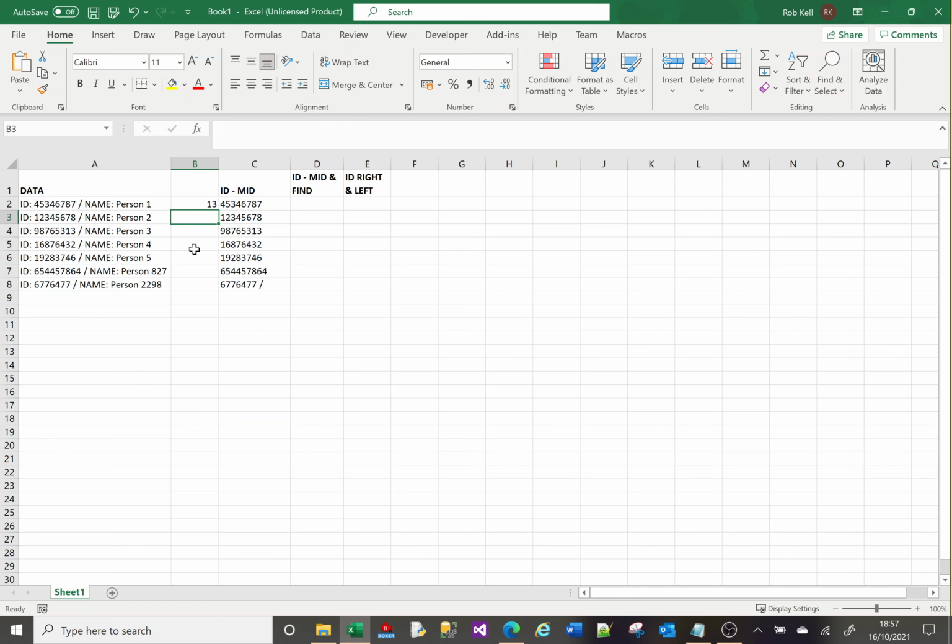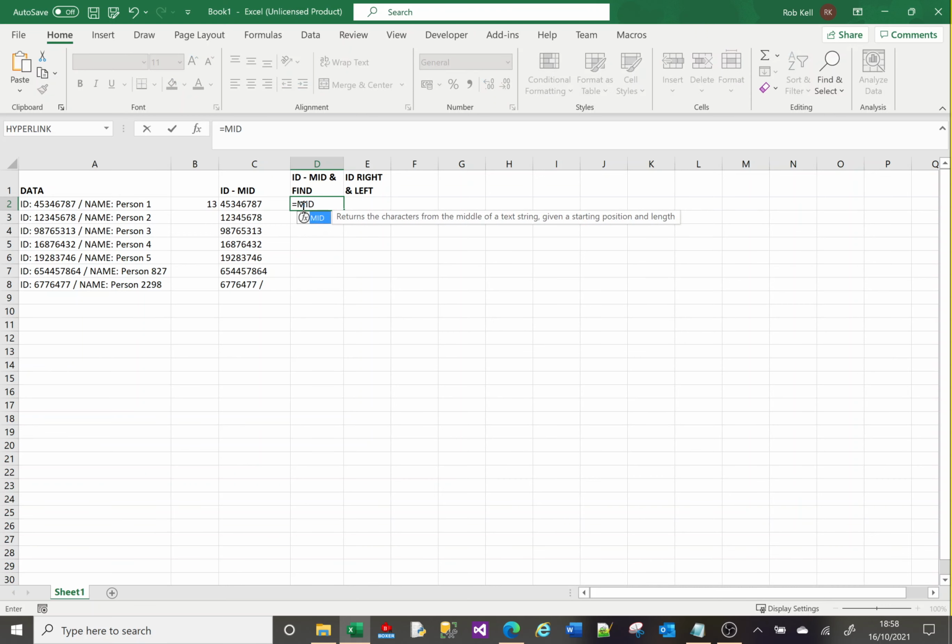So what FIND does is it returns the position of a piece of text that you state here in the first parameter. So space / space begins at position 13. So what we can do is we can say, using FIND, equals MID. I'm interested in here. Instead of saying start at position 5, what we'll say is